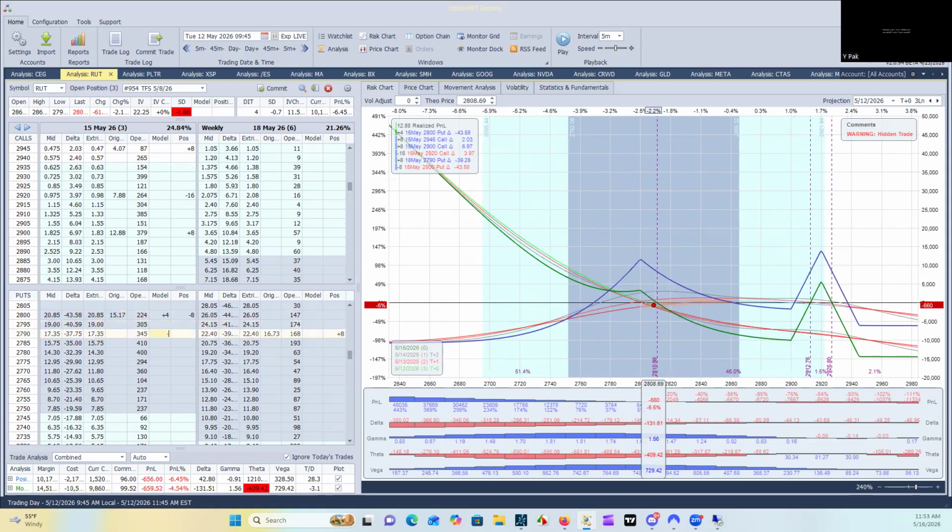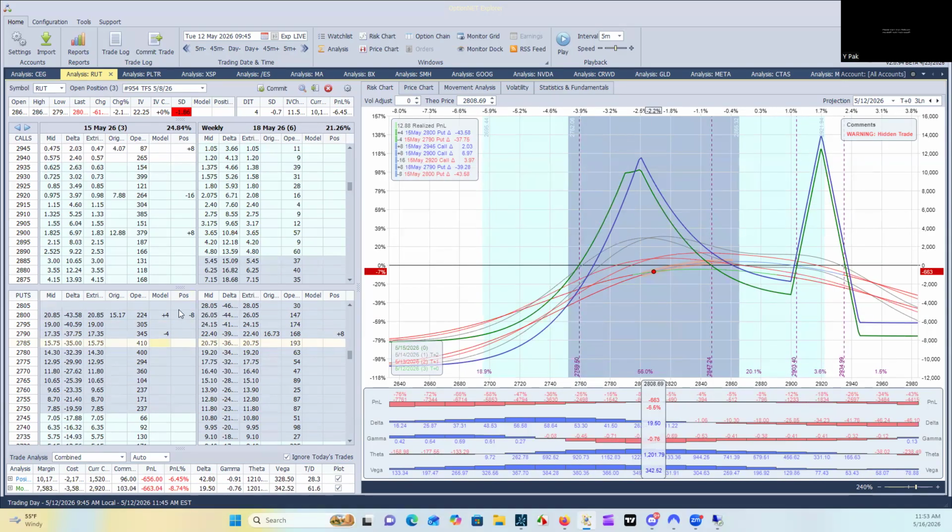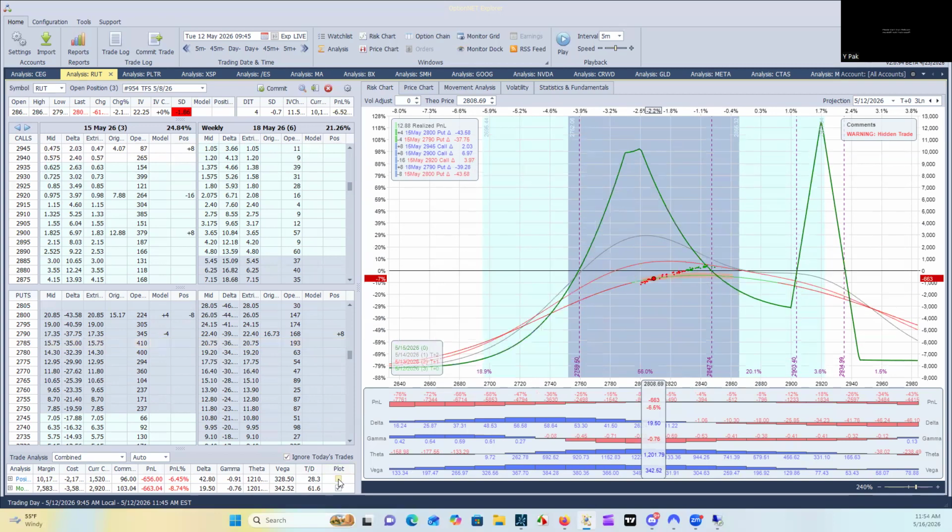So I could move half the contracts down to 2790, which gives us the green line here, the new model. So let's just look at that. And it does bring the delta down to 19 from 42,